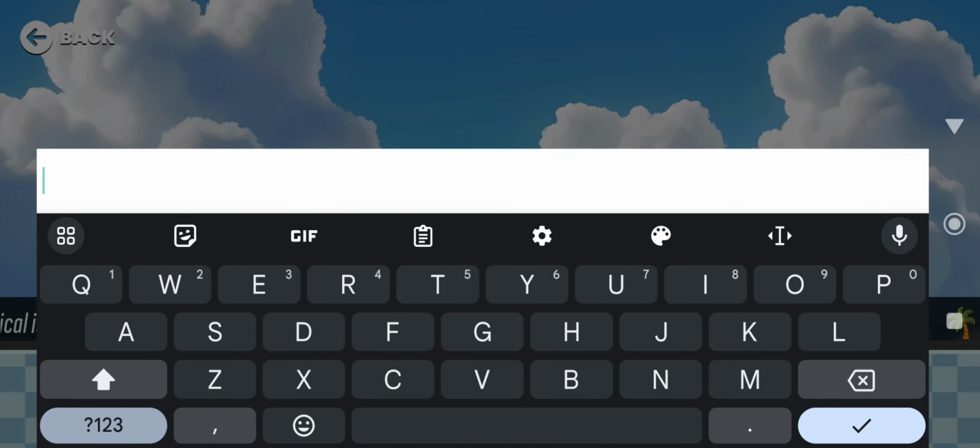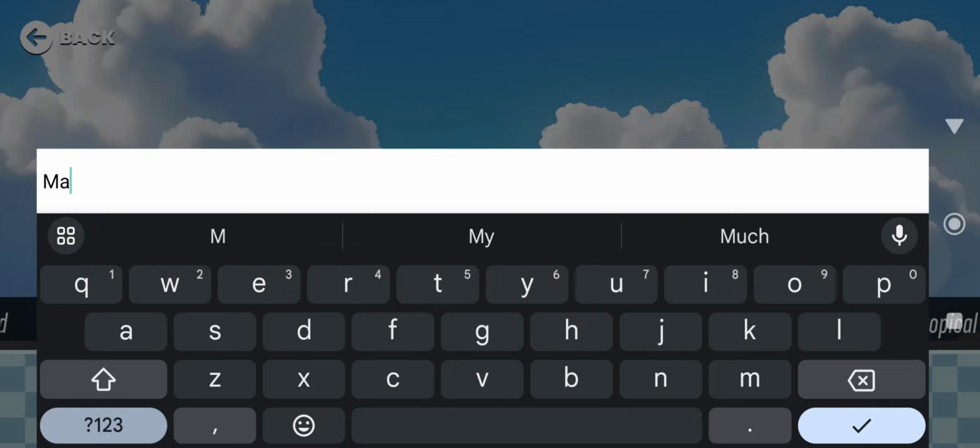Now we select the Magic Library background theme. So I'm thinking that this is going to be a race under